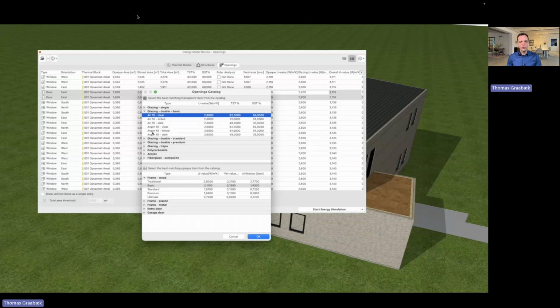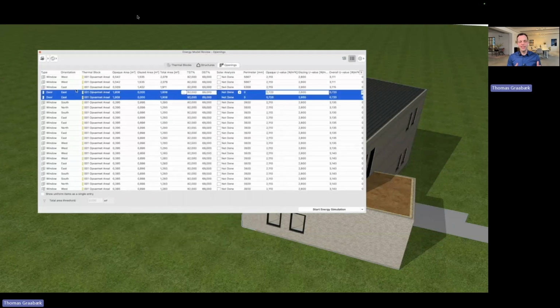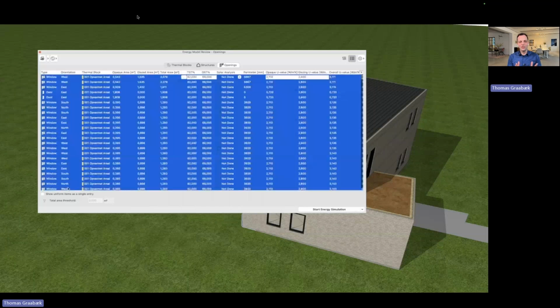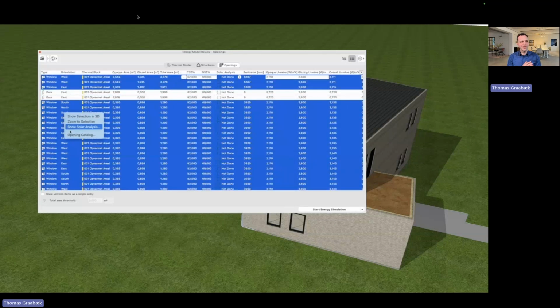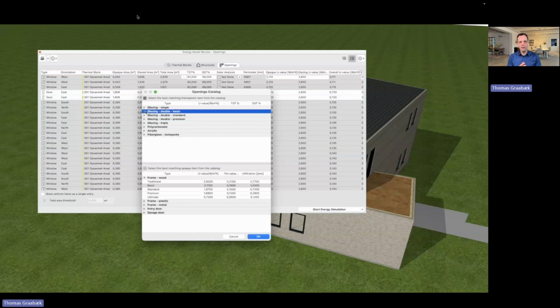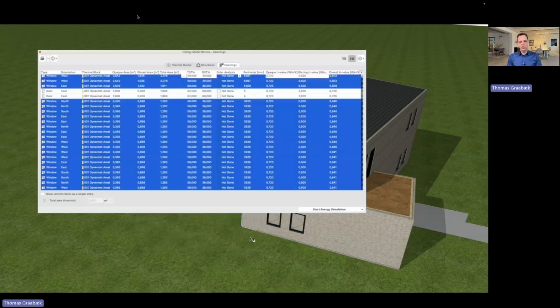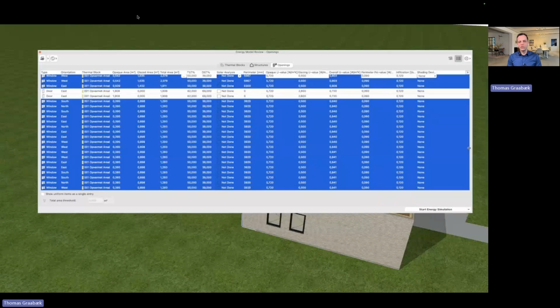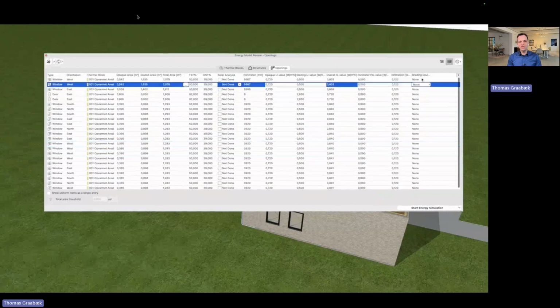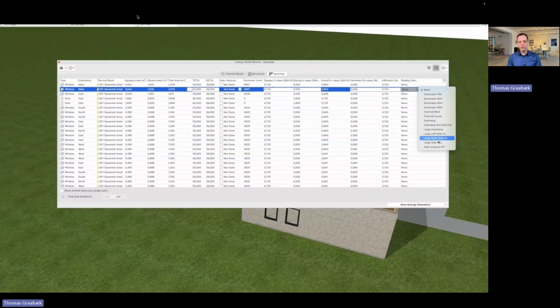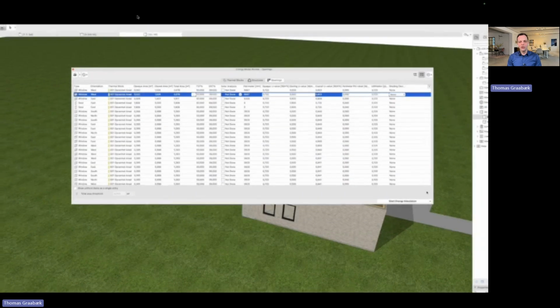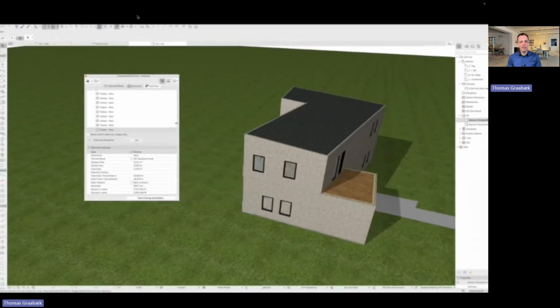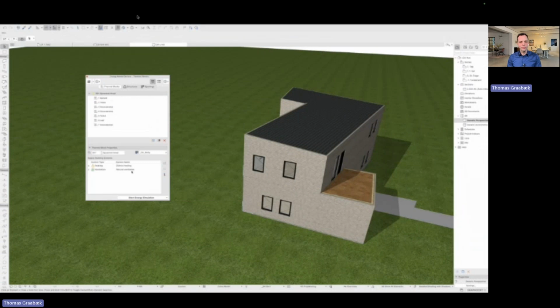So for windows and doors, you have to define what kind of frame it is. Is it a wooden frame? And how good is the U value from standard to ultimate in 5 steps? So you don't have to be an expert in any way. You need to set how many layers of glass in the windows and what kind of door leaf also. And if you want to, you can also add a shading device. So that could be a sunscreen or an overhang or something else, louvers outside the windows.